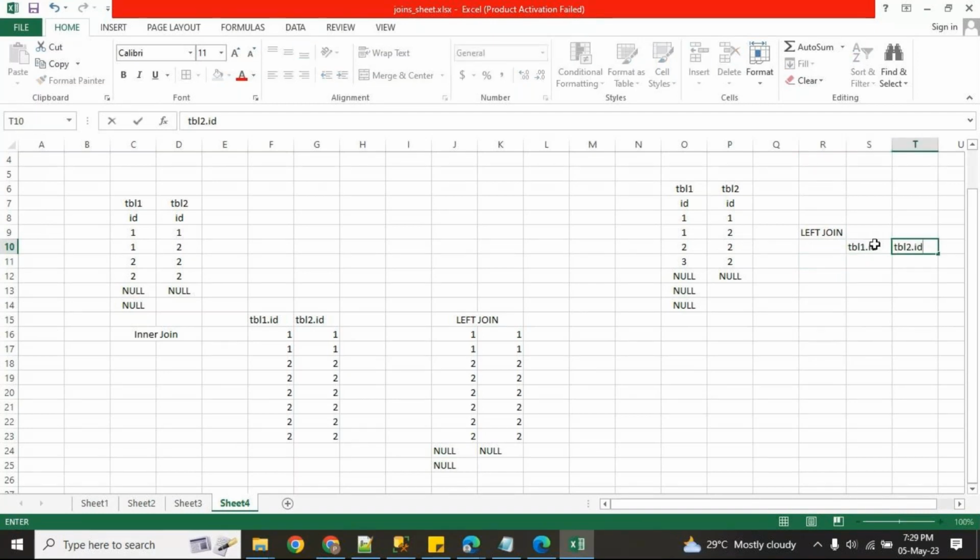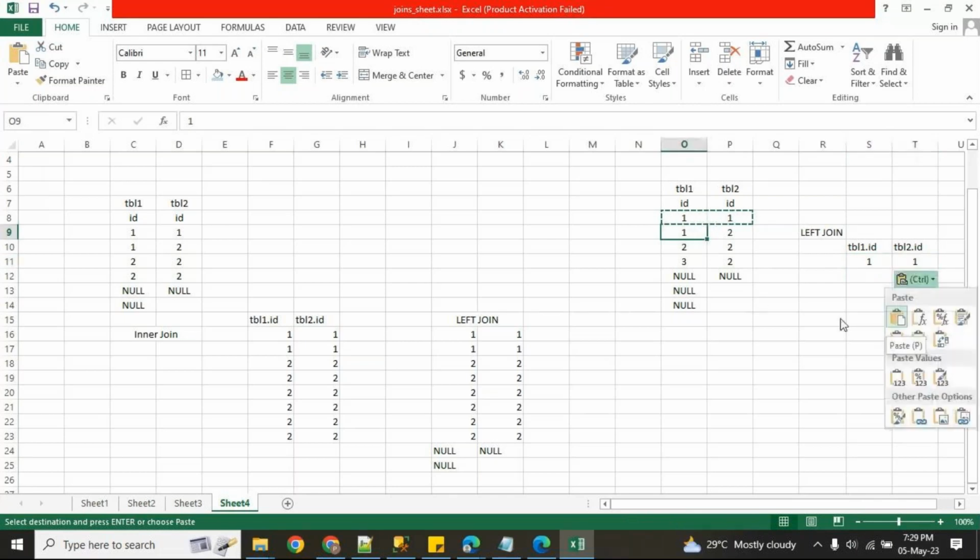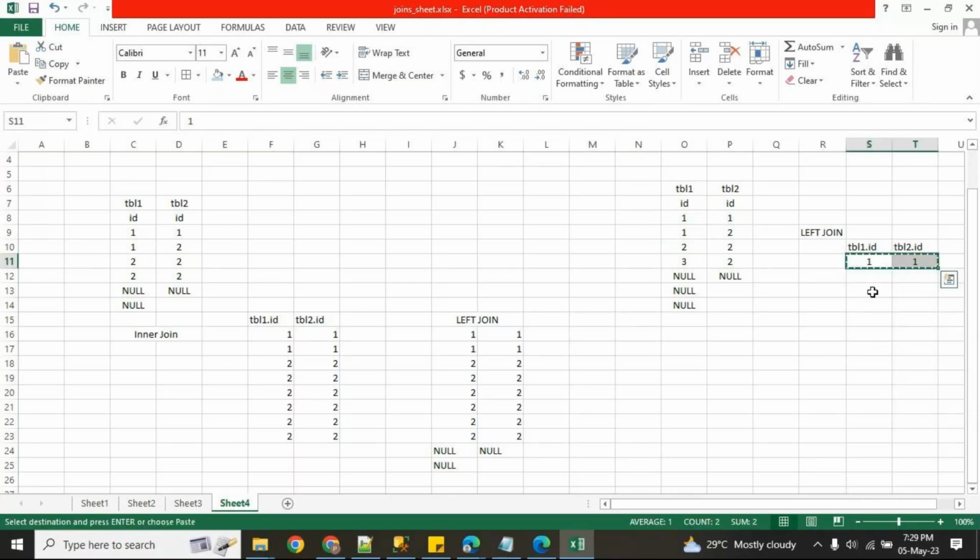Now, on the left side, this one is matched one time. This one is matched one time. This two is matched three times. Now this three doesn't match anything, but as this is the left table, I want it anyway. Three null value.